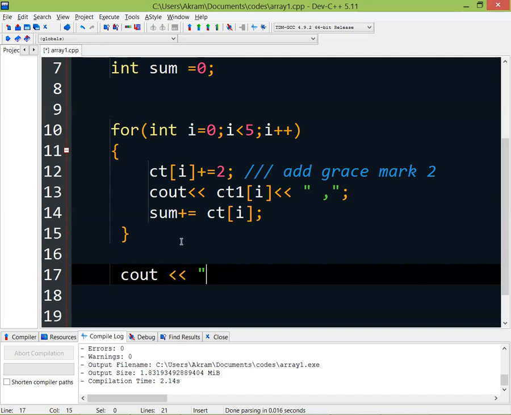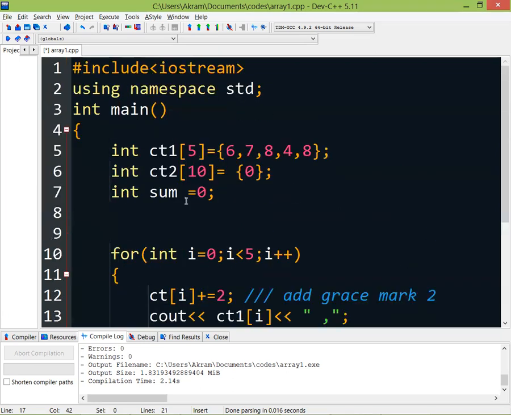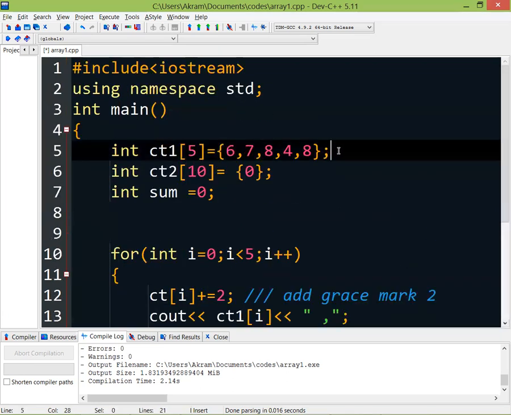You can write in this way, the average CT mark is average CT. Then just place this, and here you will just make sum divided by how many students? There are 5 students, so sum divided by 5. So in this way, at first you initialize the array. So here you initialize, then what? After